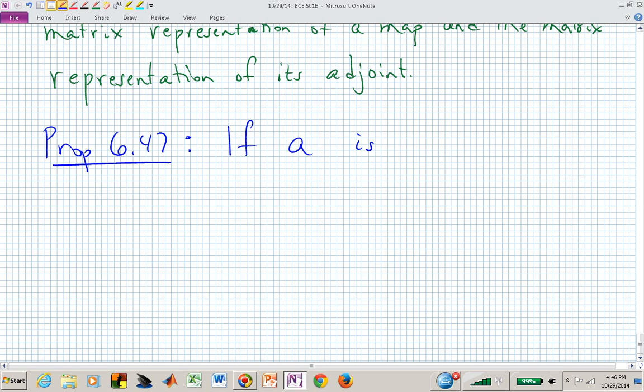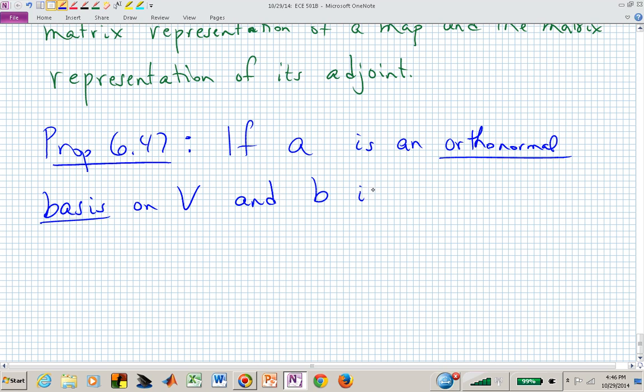If A is an orthonormal basis on V, and B is an orthonormal basis on W,